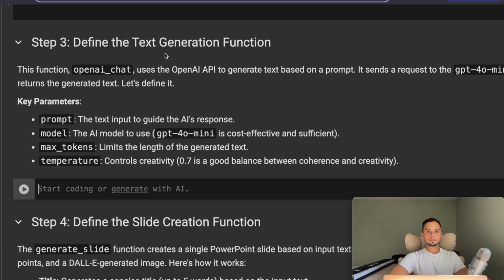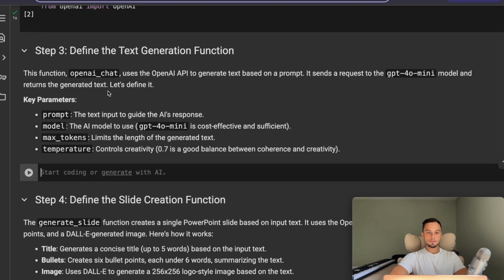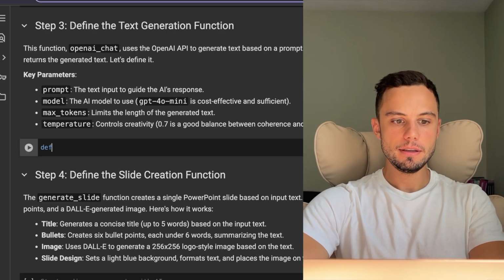Alright everyone, here we're at step 3 of our project, where we define the text generation function. So as you can see from the description in our Jupyter notebook, the function is going to be called openai_chat, and it will use the OpenAI API to generate text, which in our case will be the slide title and bullet points, based on certain text for which we want to create our presentation. So let's write def,